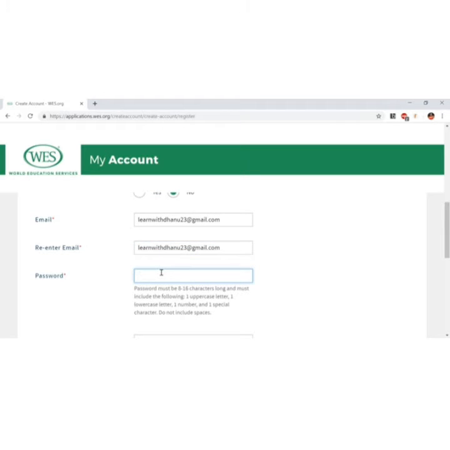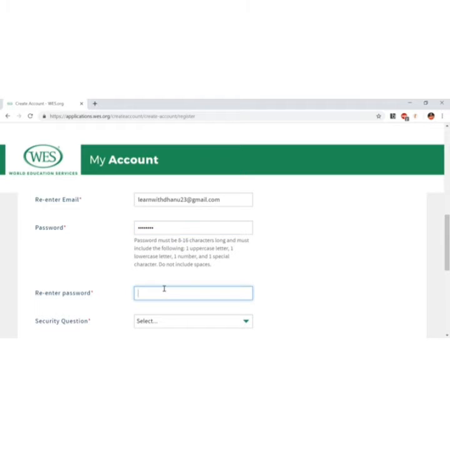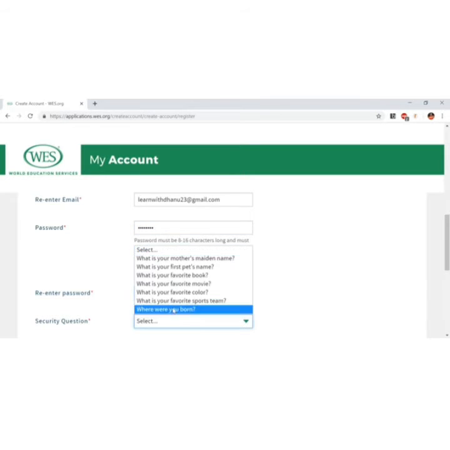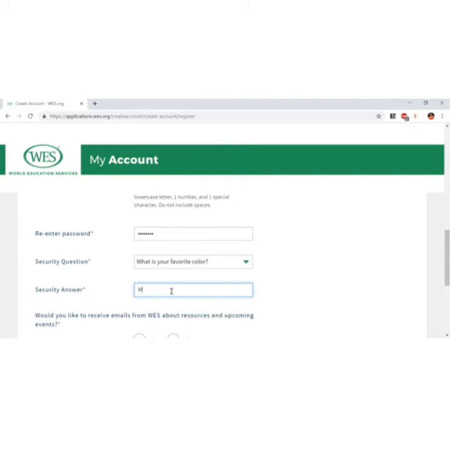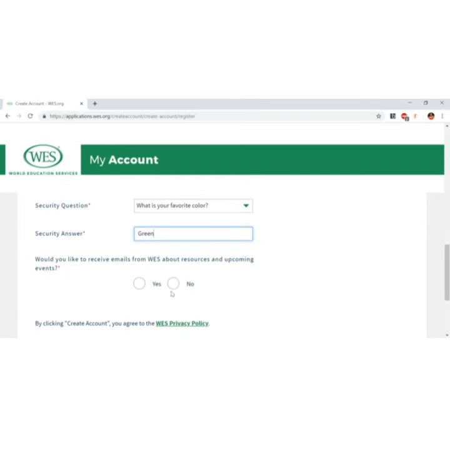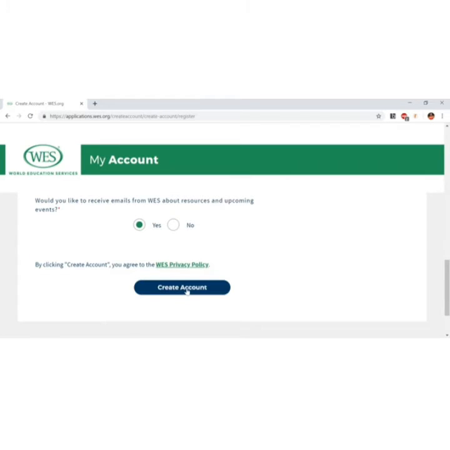Just select a password. Select a security question. Would you like to receive emails from WES about resources and upcoming events? Yes. And just click on create account.